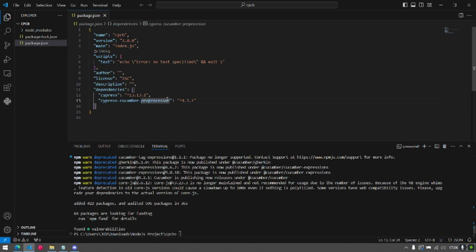This means that both packages are successfully installed. So we can clear the terminal.